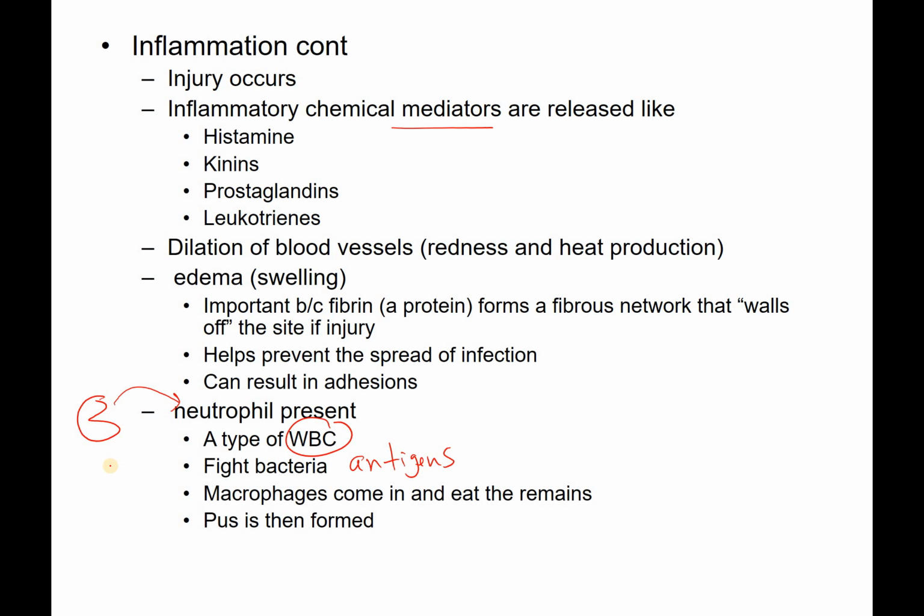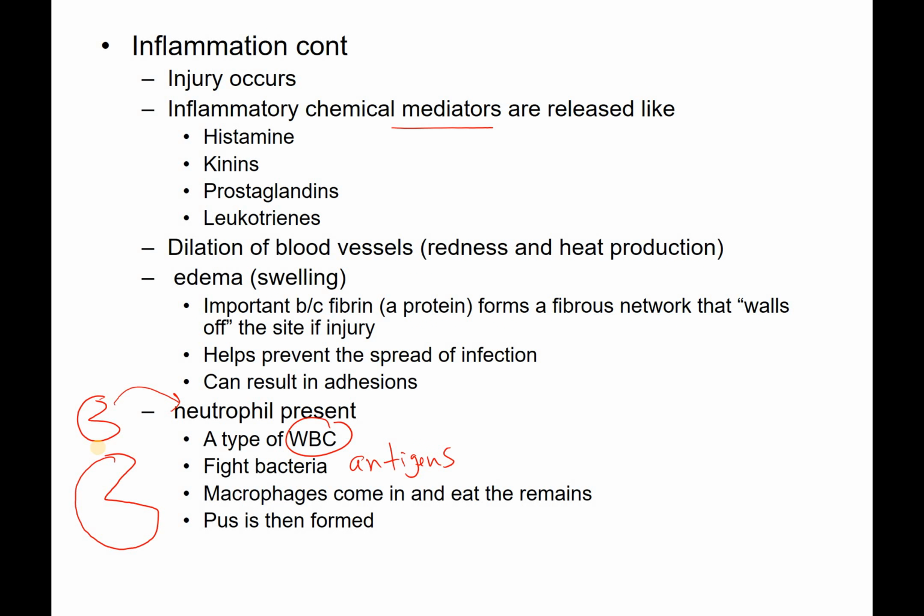Macrophages, I'm going to draw a big Pac-Man because macrophages are big eaters. They are a larger type of white blood cell, so they'll come in and clean up all the debris. So neutrophils go into the site. They literally eat themselves to death, defending you, eating bacteria, eating microorganisms. At some point, the neutrophils die doing their job. Now you've got all these dead good guys and bad guys. Well, the macrophages come in and clean all that stuff up.